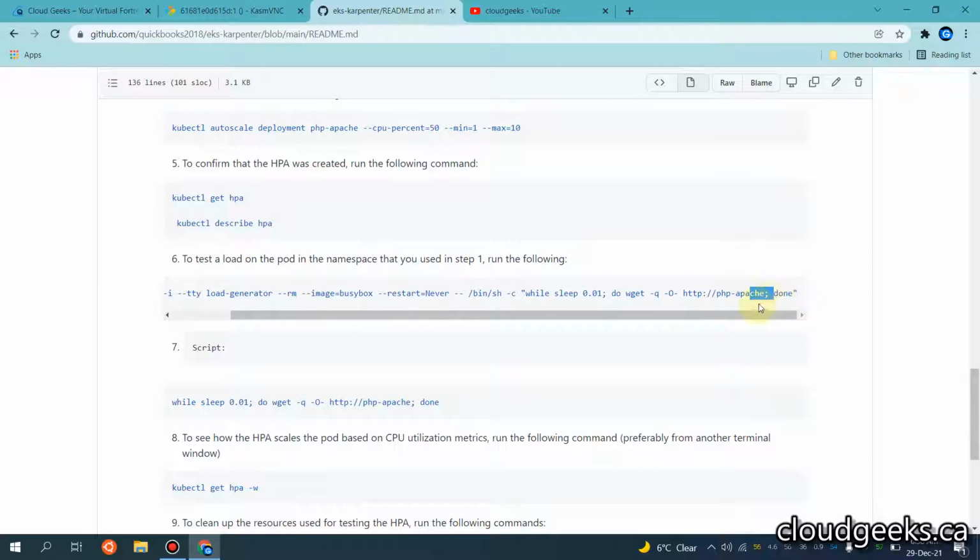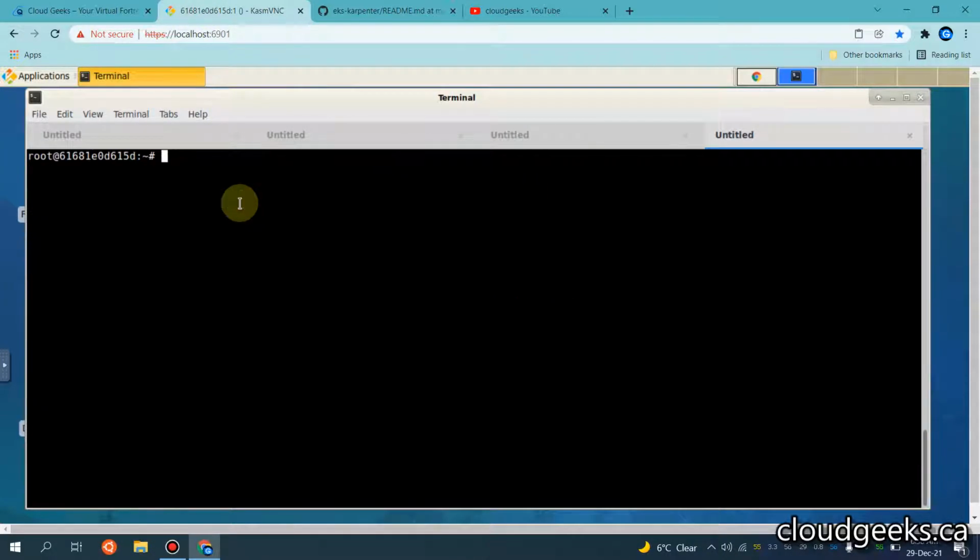So simply this is the php-apache, and let me first show you what we have in our default namespace. kubectl get all in the default namespace. Just wait for a bit.